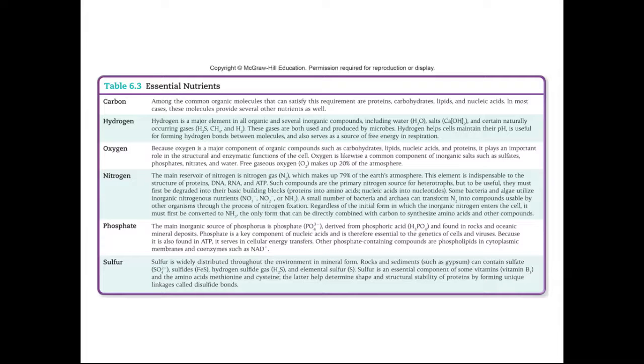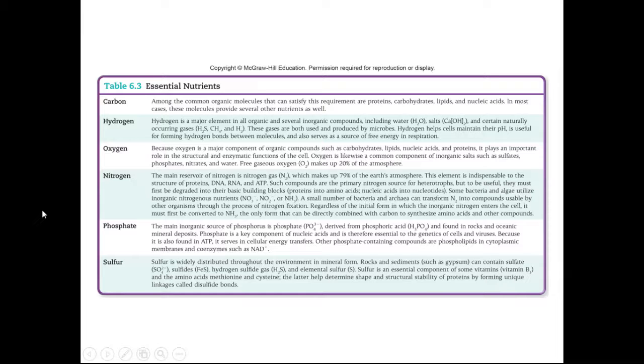Nitrogen is going to make up lots and lots of our nucleic acids and our proteins. Nucleic acids and proteins have very high concentrations of nitrogen in them. A few bacteria are capable of taking nitrogen from the atmosphere and converting it into a form that's biologically available. Those are known as nitrogen-fixing bacteria, and they have a very important role in the nitrogen cycle, which is something you could talk about in a geology class or an intro to biology class.